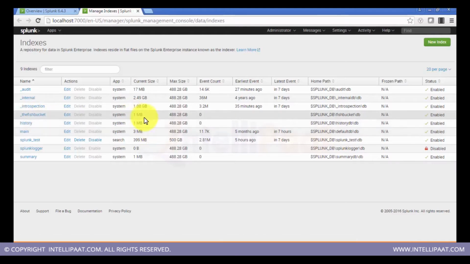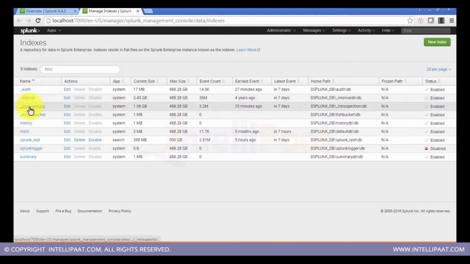So that's why the data size is pretty small. The other three, as you can see, are pretty huge. Audit is audit compliance data, so obviously it will be lesser in size, whereas internal introspection has the hugest amount of data. So even though you are not paying for the license, you are paying